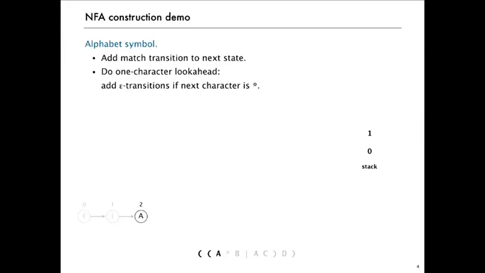So now if we have an alphabet symbol, what we need to do is add the match transition to the next state. And then there's a couple of ways to do this, but one easy way in this case is to just look for the star. And if you see that the next one is a star, then you've got everything you need for the epsilon transitions. So in this case, the next one is a star, so we'll add those epsilon transitions